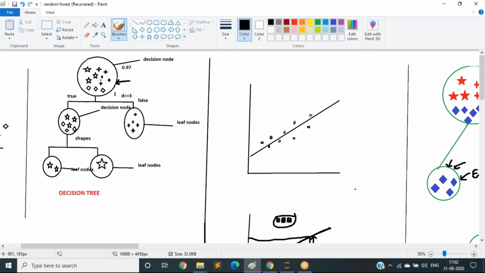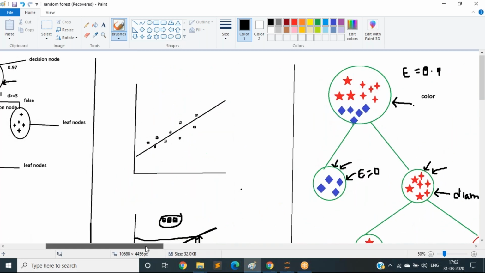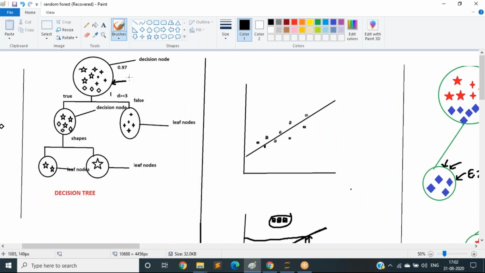There is a formula for standard deviation, and it applies the formula to your data set. See how it calculates entropy and information gain in the decision tree classifier; in the decision tree regressor or random forest regressor, it finds out the standard deviation.